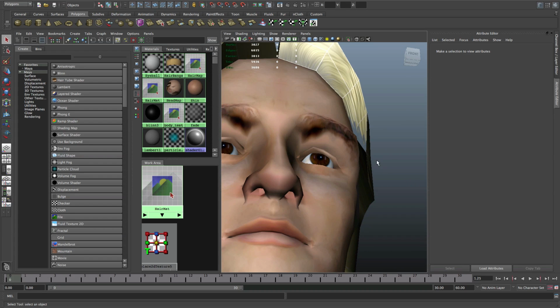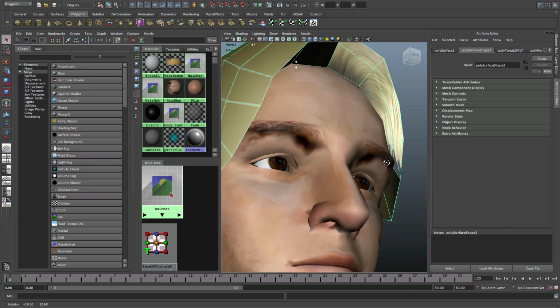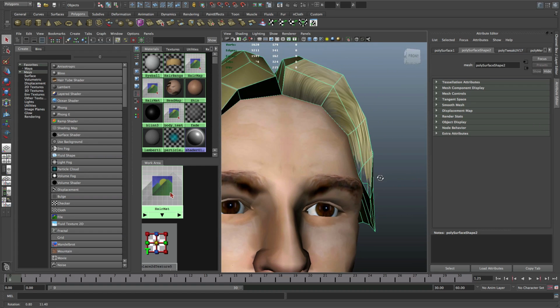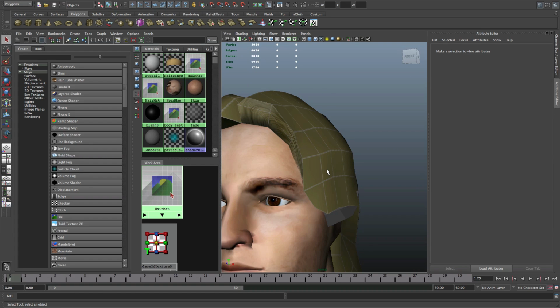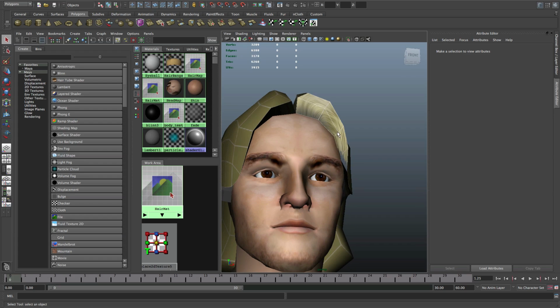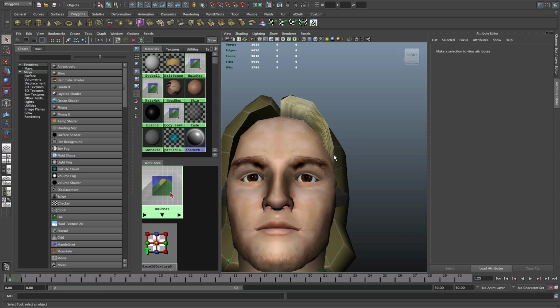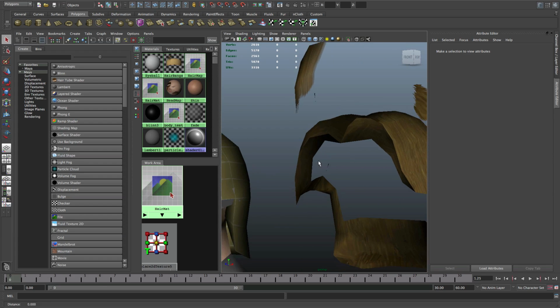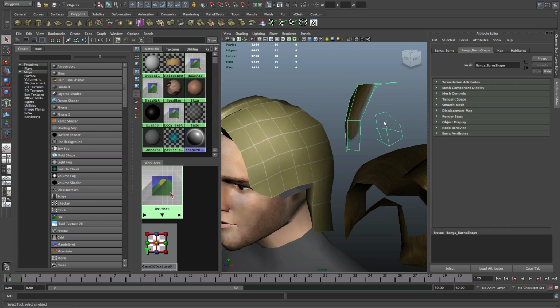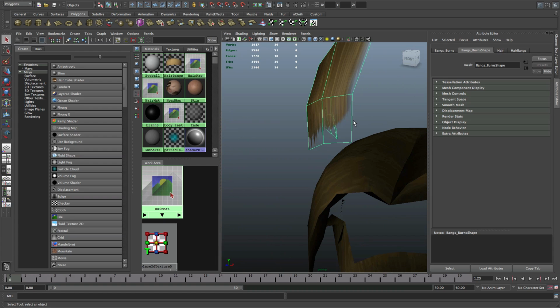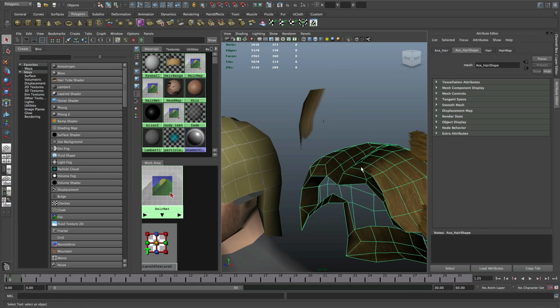Now for this hairpiece, like I said, we shouldn't do it because this hairpiece is three-dimensional. So what you're going to end up doing is seeing through the model, and you don't want to do that for this particular part of the hair. That's one of the decisions you have to make when you're modeling and planning this character. For things like this, you want to make sure that you create maybe a separate geometry, like I did for the hairpiece over here. You can see this area here is meant to be transparent,